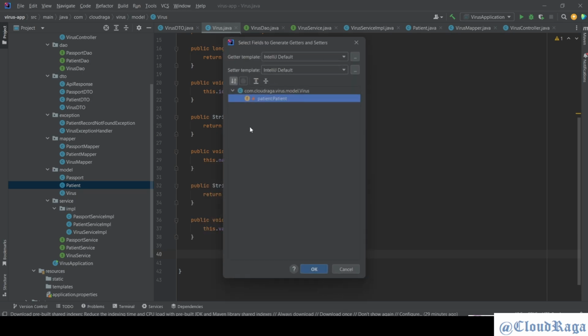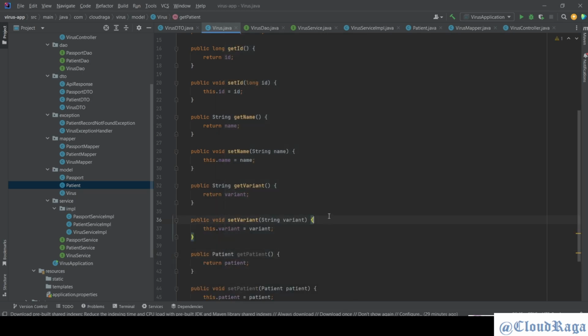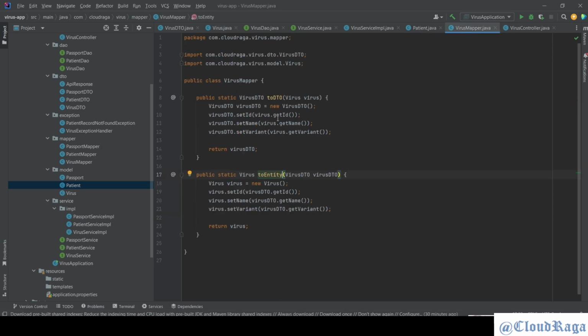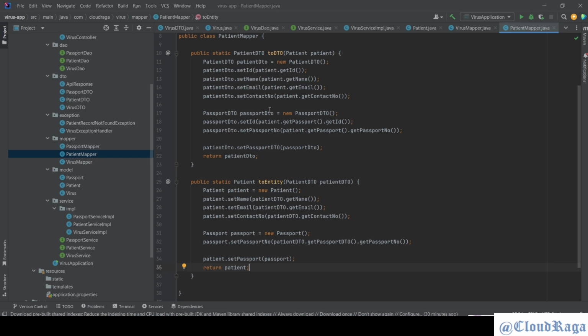Generate data setter. Have this as well. Okay, and if we are doing this, so definitely we need to handle this case in the mapper. Sorry, not in virus, in the patient mapper, because now patient has virus as well, right? So we need to fix its mapper class. Patient has passport, now patient has virus class as well. So after doing this,